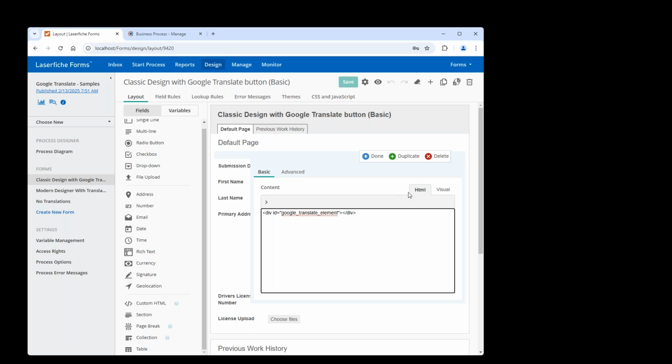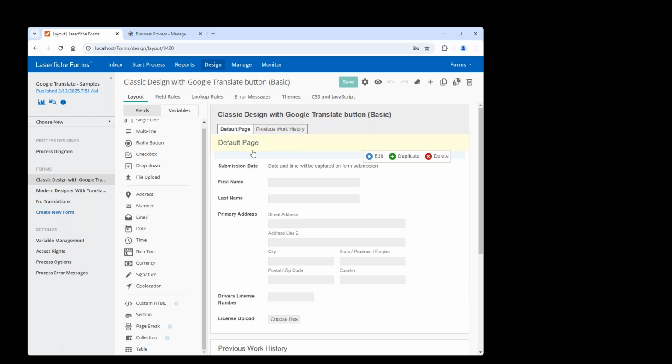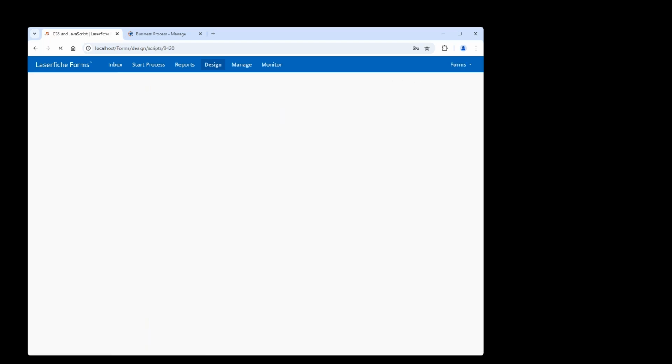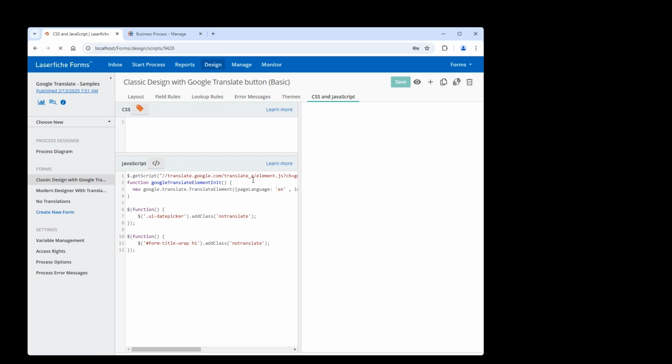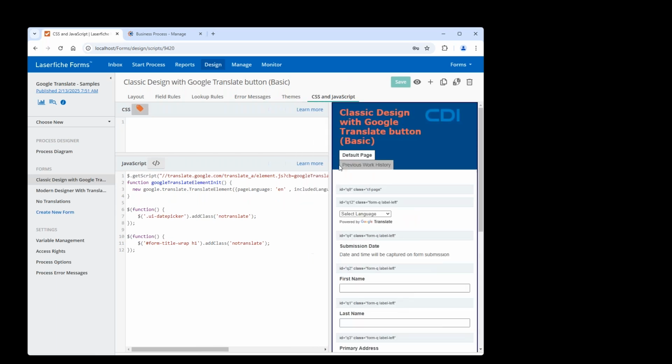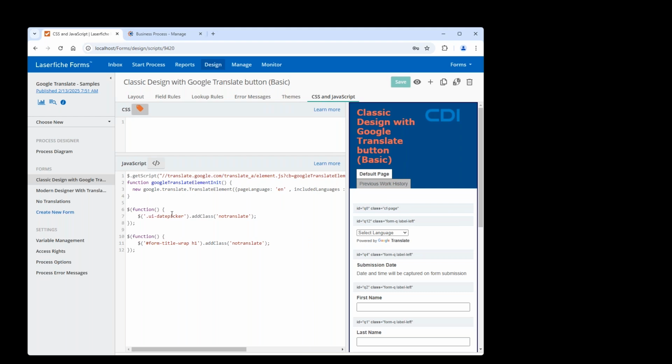And that refers to some of the HTML, the JavaScript that's been added to this form as well. So you're going to start with that particular custom HTML with that reference, and that's all you need on the form itself. We then want to go to our JavaScript and CSS area. We'll go to JavaScript, click on that, and then add a little bit of code. We can get a copy of this. It's on the internet. If you need a copy, we'll include that as part of the